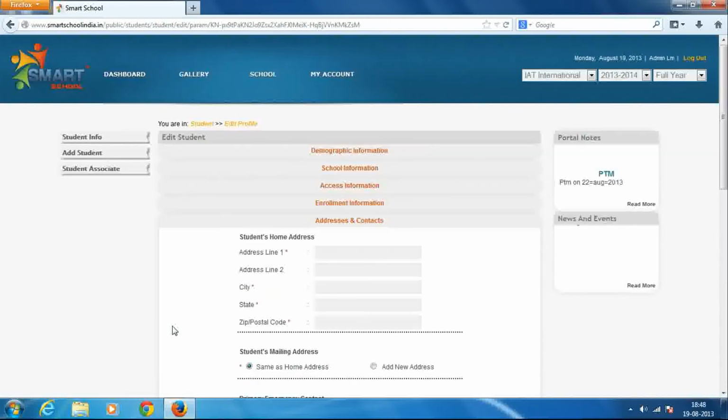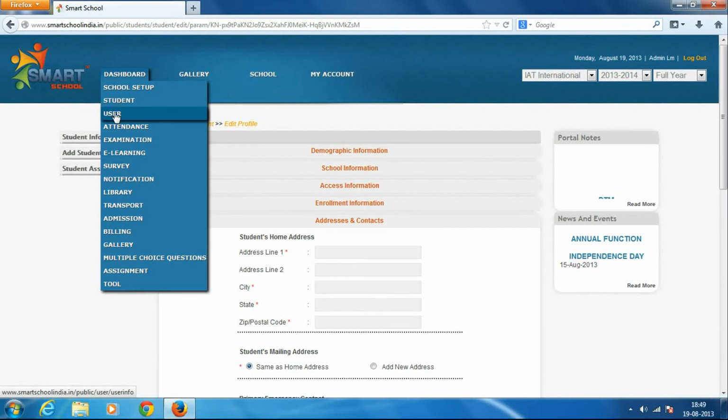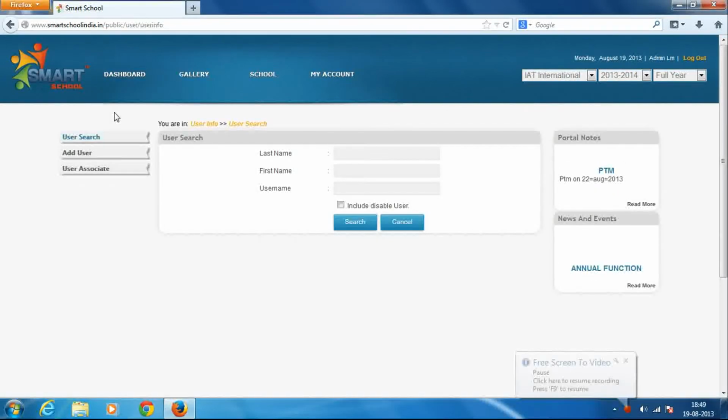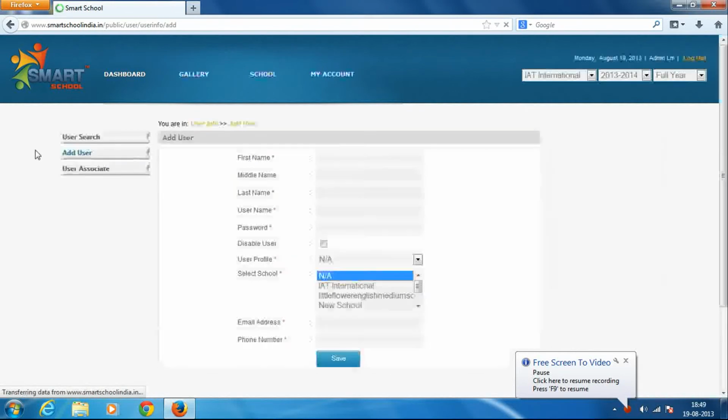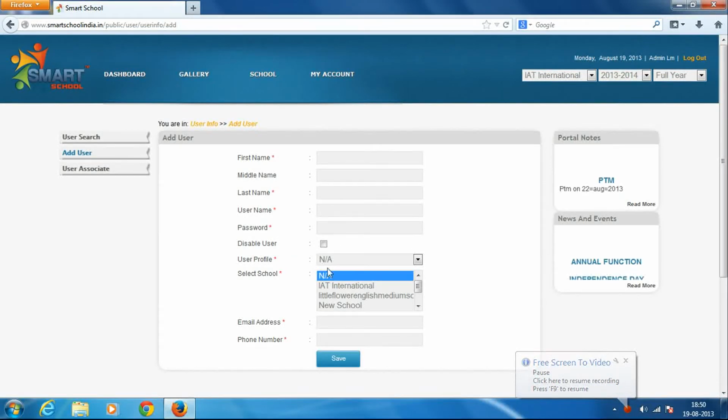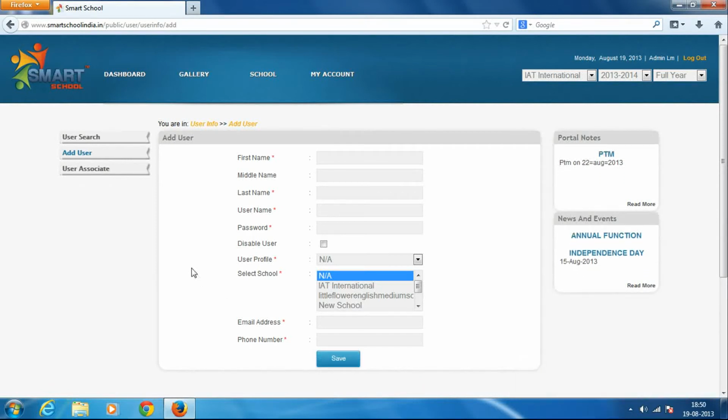So that on a single click, all the data of students would be available to the school admin. To add a new user, click on Add User, fill all the forms, select the particular schools and save. Automatically, a profile would be created for that particular user.